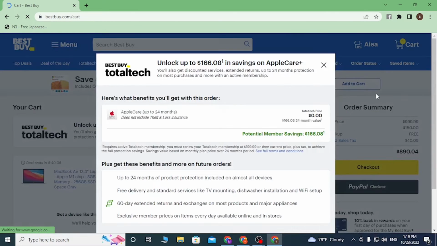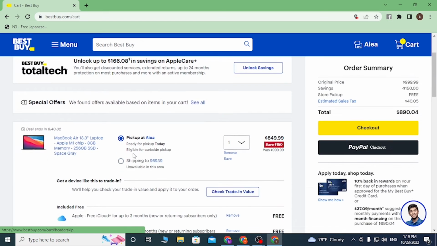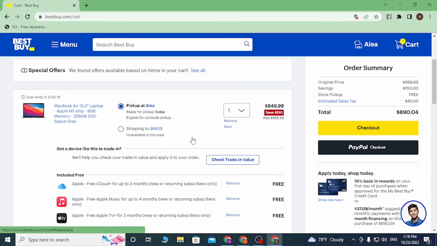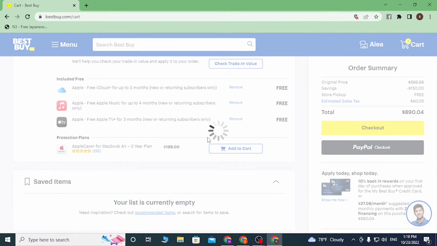And after going to your cart, let's close this and let's close this. You can see the MacBook Pro or the MacBook Air 13.3 over here. Now to redeem your Best Buy gift card or the discount coupon, you will be required to click on the checkout button available at the right side of your screen. You can see order summary, click on checkout,